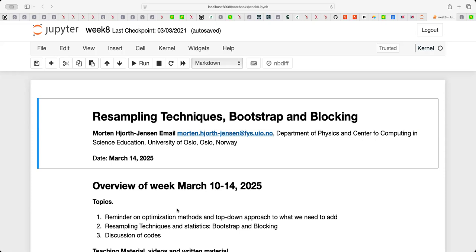Now, the covariance matrix implies a double loop. So if you are running your Monte Carlo calculation and you do 1 billion samples and you would like to calculate the covariance, it means that you would have 1 billion squared calculations, and you don't want to do that. So these methods, these resampling techniques, are ways to obtain an estimate on the standard deviation, which we can present when we discuss our results.